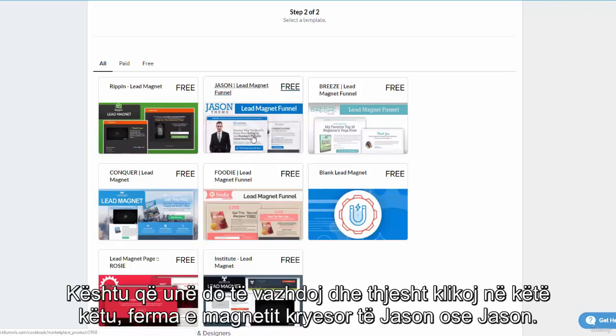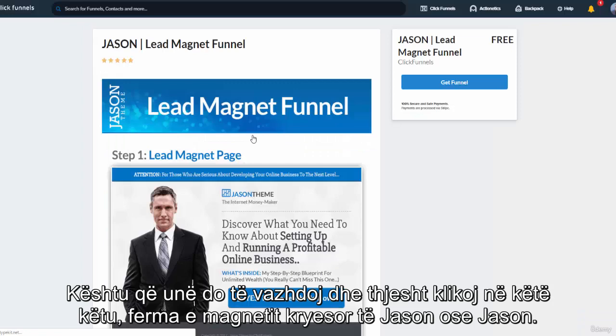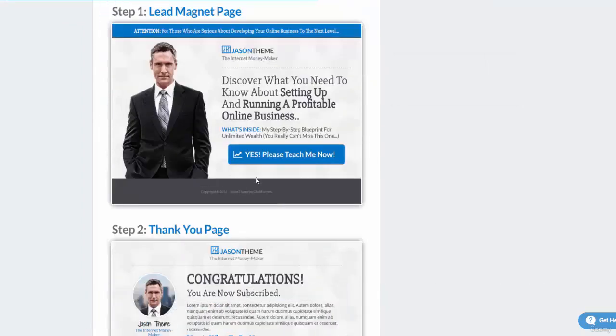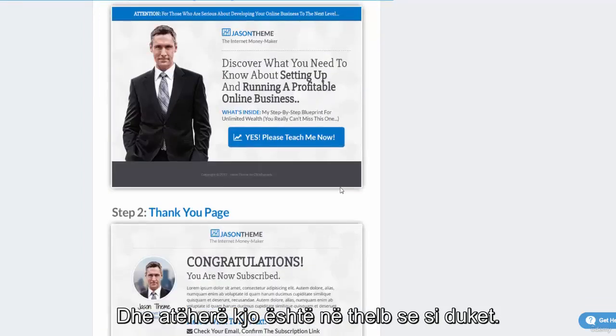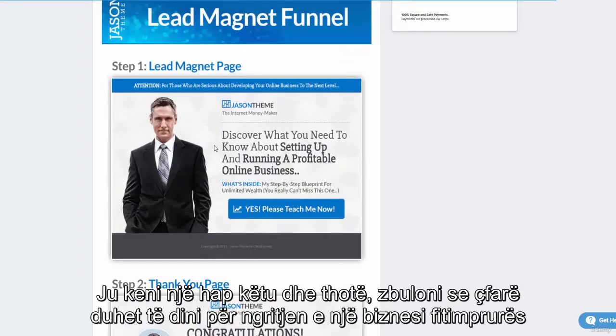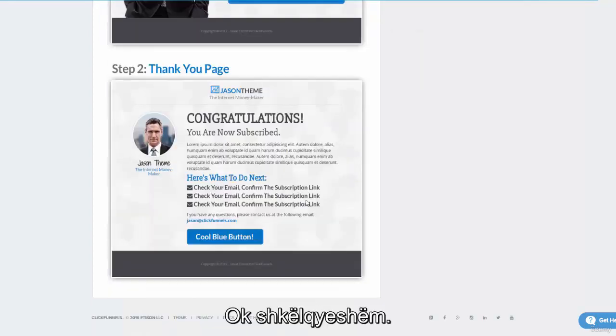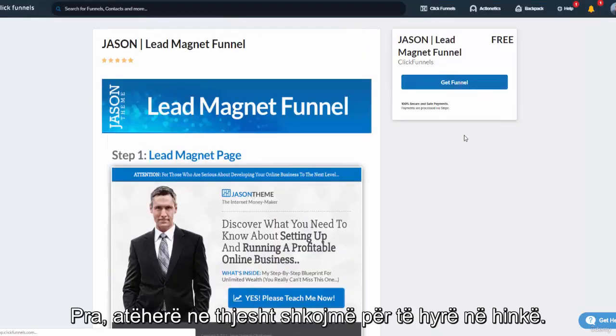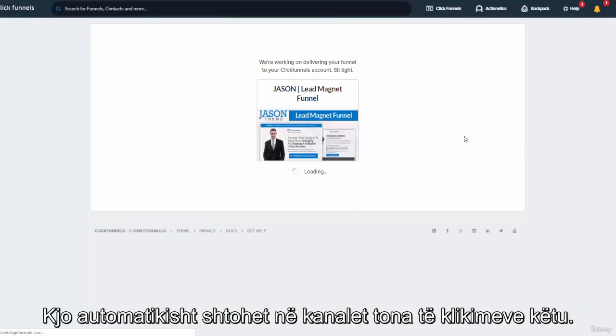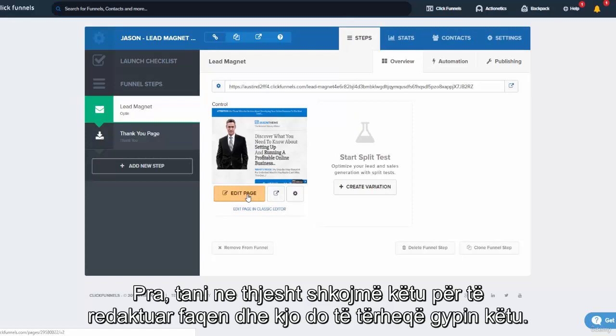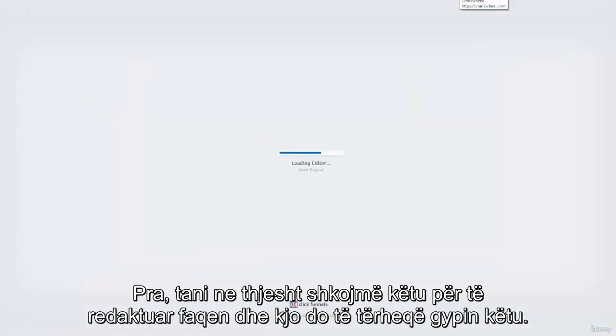So I'm gonna go ahead and just click on this one here, the lead magnet funnel. And then this is essentially how it looks. You got a one step here, and it says discover what you need to know about setting up, running a profitable business. Okay, great. So then we just go to get funnel, and this automatically gets added to our ClickFunnels here. All right, so now we just go here to edit page, and this is going to pull up the